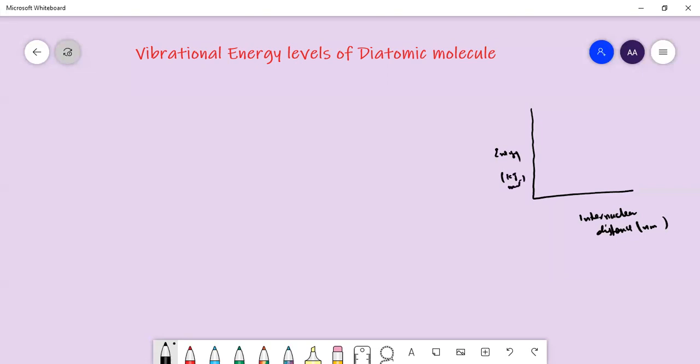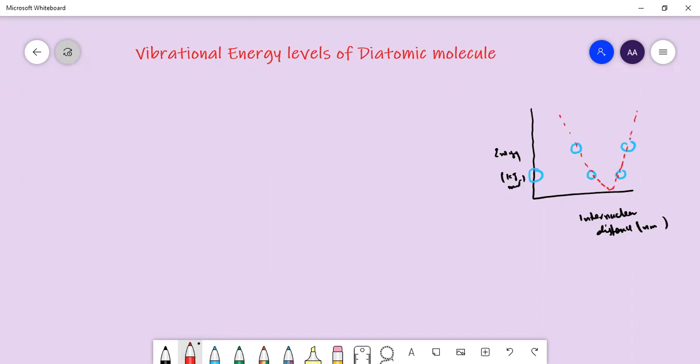So when we plot this, we have seen how the energy of the diatomic molecule changes with changing the position of the atoms, that is, either we are compressing the bond length or we are extending the bond length. So we got this type of parabolic curve